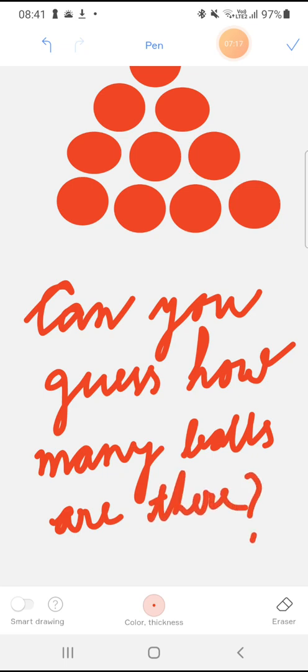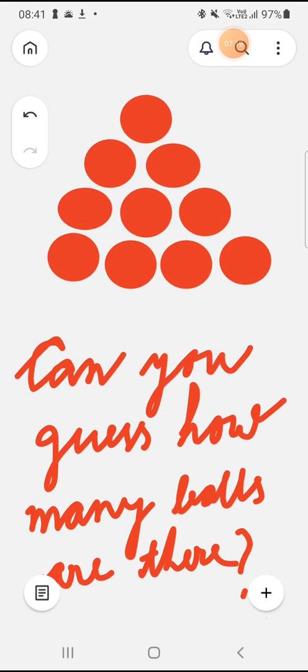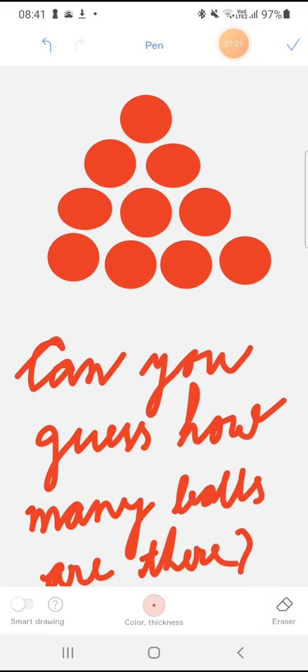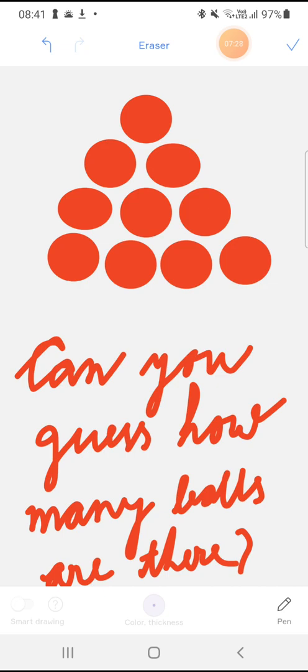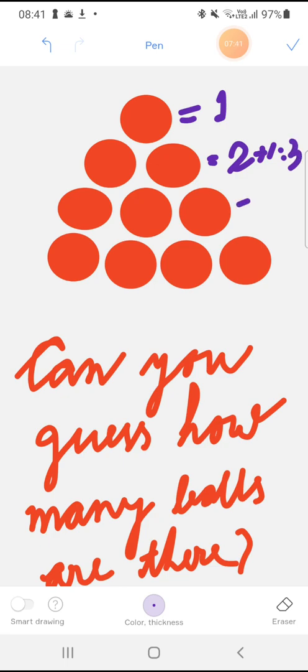So how shall we count then? You know how to count. You have already done it. So let us count. This is 1. In this row it is 1. Here it is 2. So 2 plus 1 equals to how much? 3. Now here it is 3. So with this 3 we shall add this 3. So it will become 6.